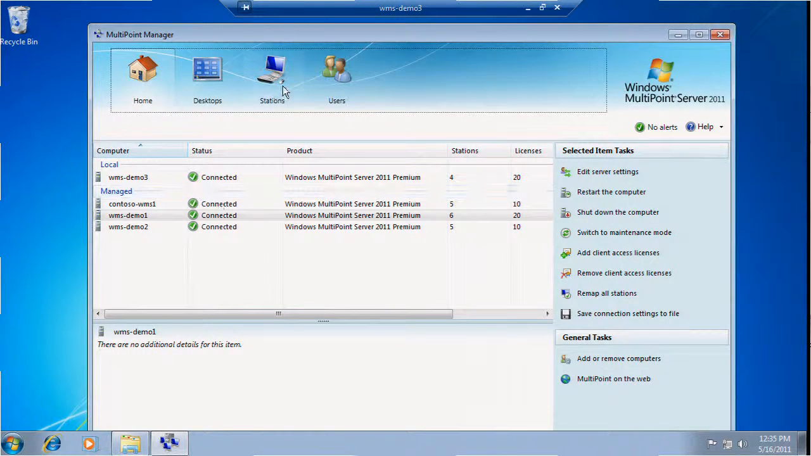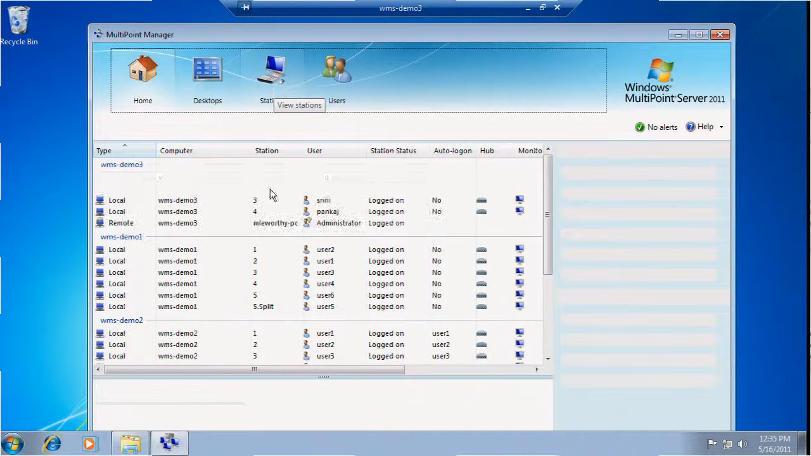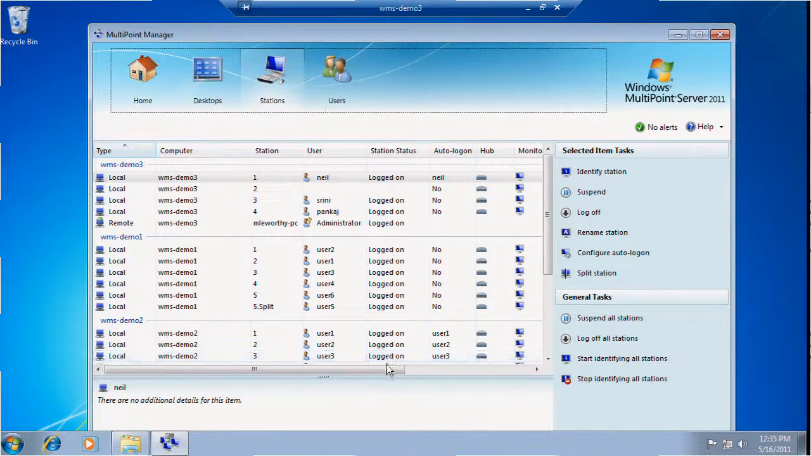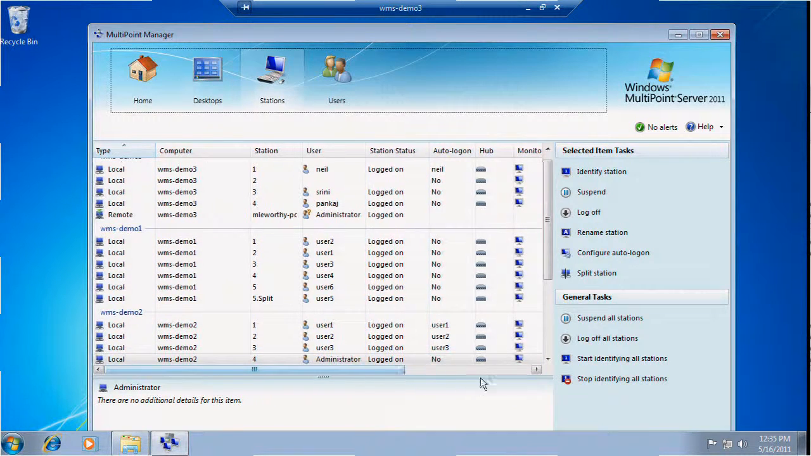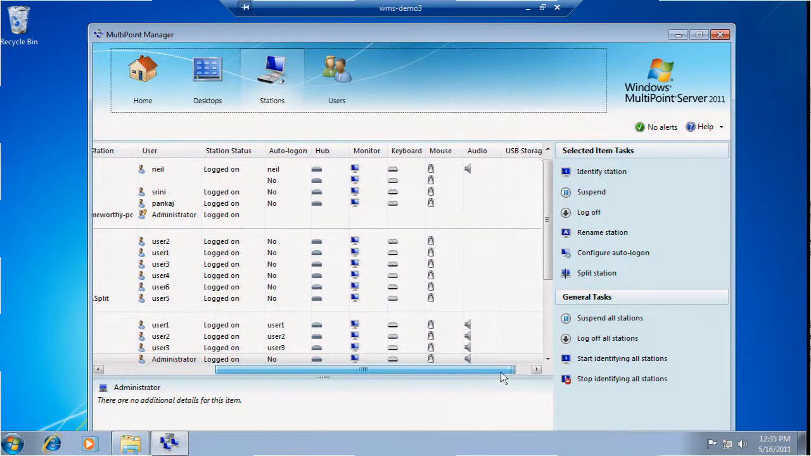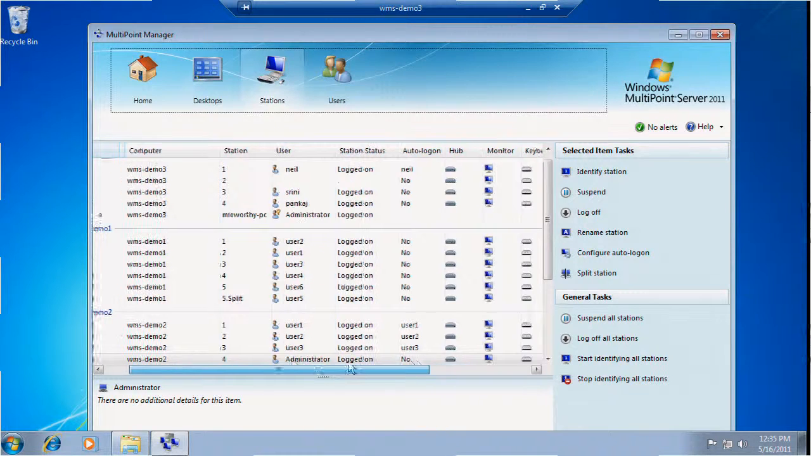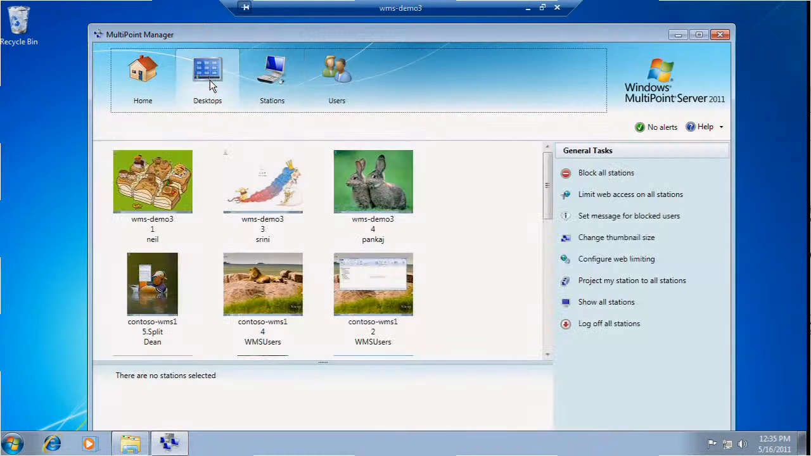And then on top of that, you get the MultiPoint Manager management interface. This is going to look really similar to the SBS Essentials and the Storage Essentials interface. It's all built on the same framework, so the plugins that use the right parts of the SDK will work across all the products. From here you can see which MultiPoint servers you're managing. And then I've got the Stations tab, which will show you what hardware is plugged into each one, like where you have your keyboards and monitors and mice plugged in. And then the thing that I think is really cool is that this is